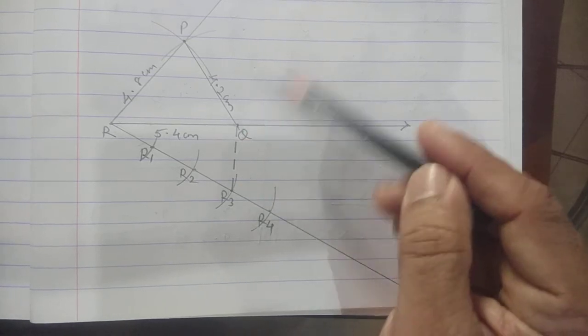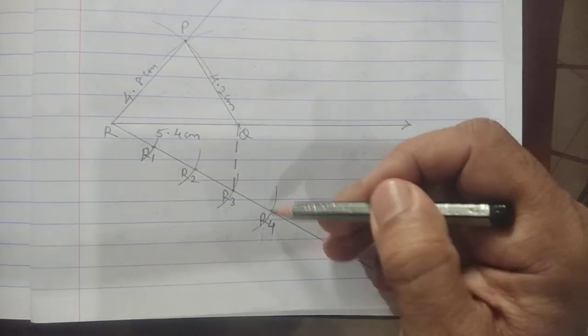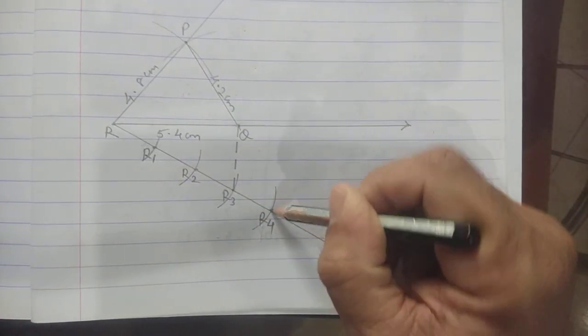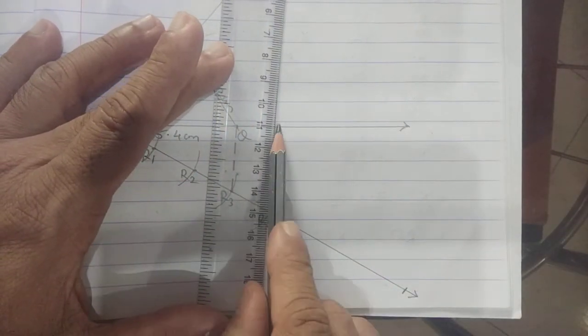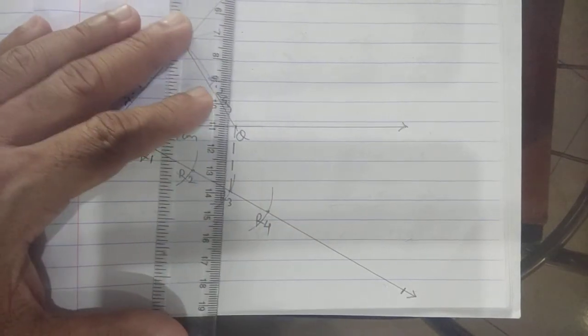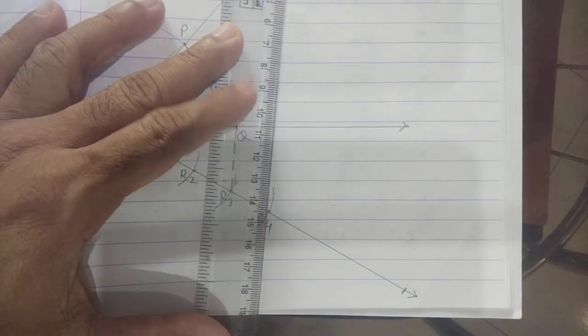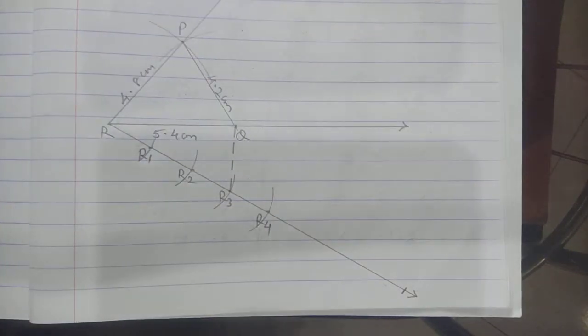Now, for getting the second triangle LTR, we have to take the help of the next arc, which is R4. Directly you will not keep the scale and draw a dotted line parallel to this line. Many students do it this way. They check this dotted line, then bring the scale closer to R4 and draw a parallel line. A parallel line is a must, but you will not draw it with the help of a pencil and scale. Otherwise, you will not get any marks in your construction. Please use the rounder for drawing this line.